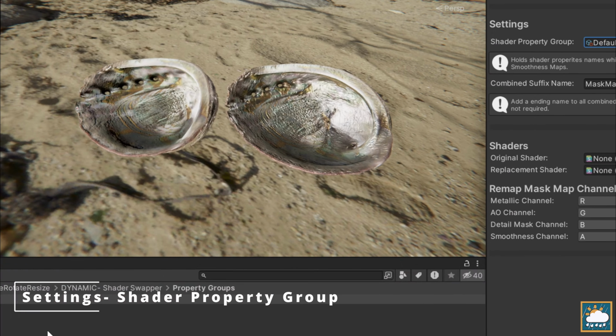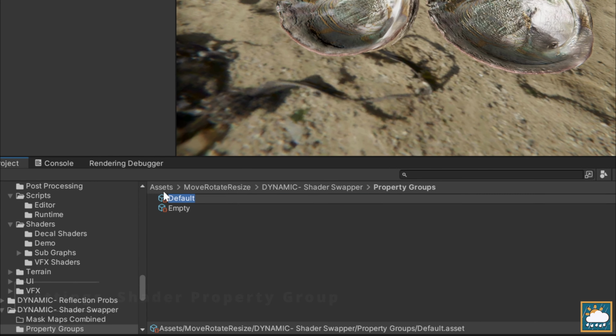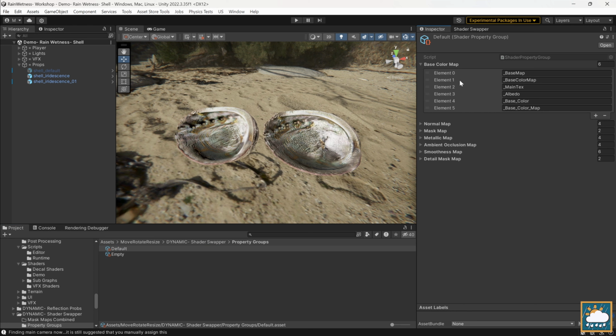So let's click on this and go to the project window and then go back to the inspector. So this is a scriptable object which holds a list of variables. Shader Swapper uses these variables to help it find textures in their original shader and the replacement shader. So for example, if your original shader had this variable and your replacement had this, the Shader Swapper script would